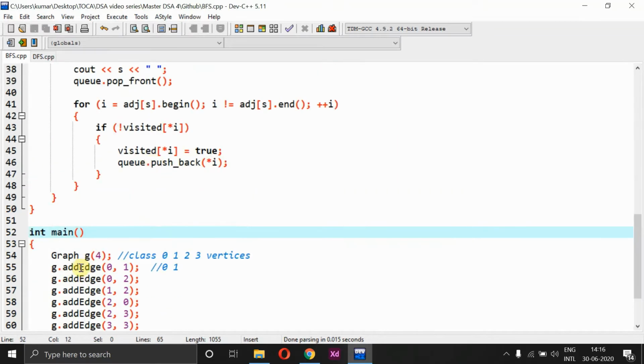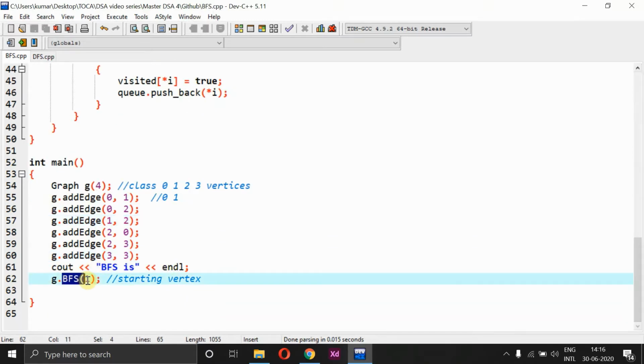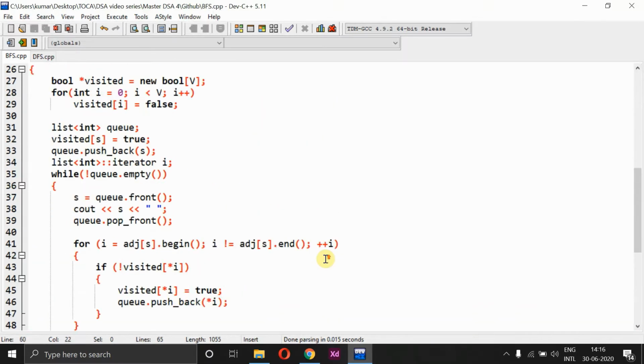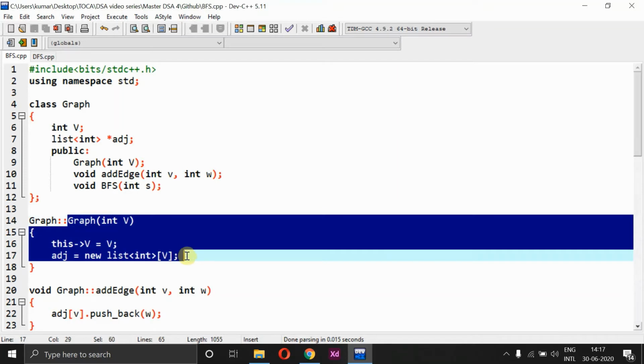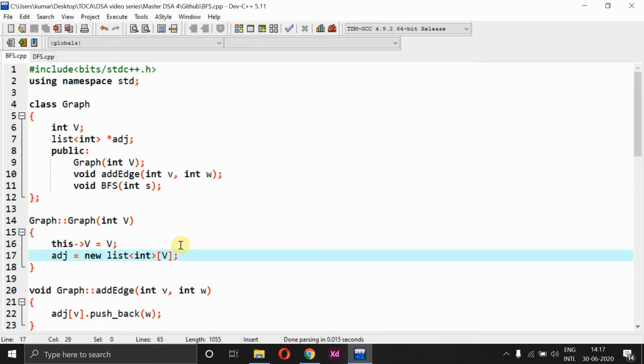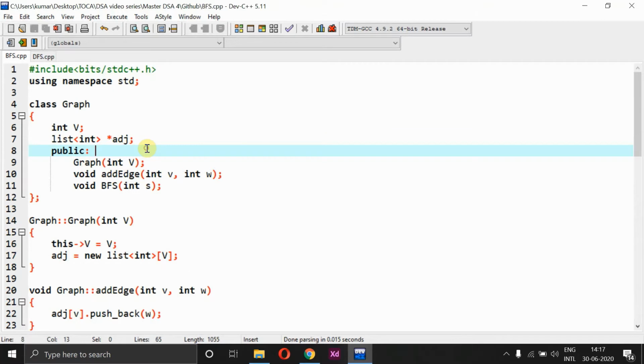So now let's go through what happens in this graph constructor as well as the add edge method, and at last we'll come back to BFS, right? First, whenever I go with this graph method, it comes back here, and this is nothing but a constructor. A constructor is being used here, or it will be generated automatically, and here I have used the collections, or the STL library functions, where I have something called a list. In that list I'll be entering all those values.